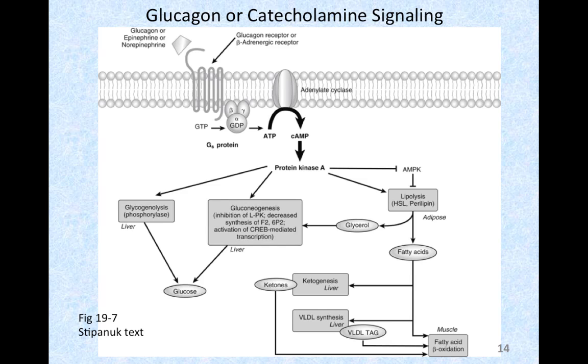Liver cells have glucagon receptors, fat cells have glucagon receptors, muscle cells do not, but epinephrine and norepinephrine have receptors on three of those tissues: liver cells, muscle cells, and fat cells. Okay? But now when either one of those signaling molecules, either glucagon or epinephrine or norepinephrine, bind to the receptors,